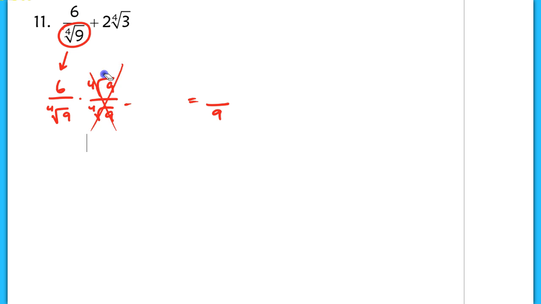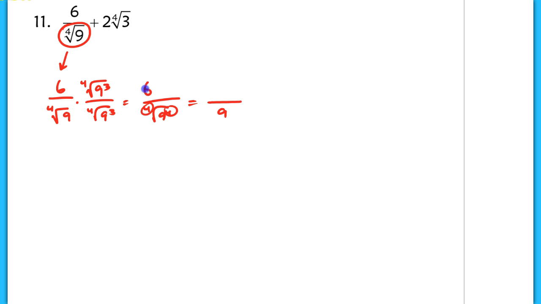so that would be incorrect. Okay. Now, we also could try to multiply by the 4th root of 9 cubed over the 4th root of 9 cubed, and this is on the right track at least. The problem is, though, that even though these do cancel in the denominator and I'm left with just 9 here, the numerator is 6 times the 4th root of 729. Now this is not simplified, just like something like the square root of 32 is not simplified all the way. This is harder for you to recognize that it's not simplified, so rather than doing the work at the end,